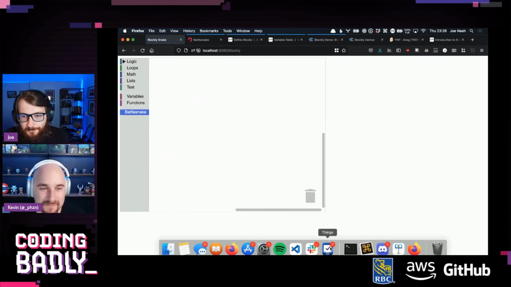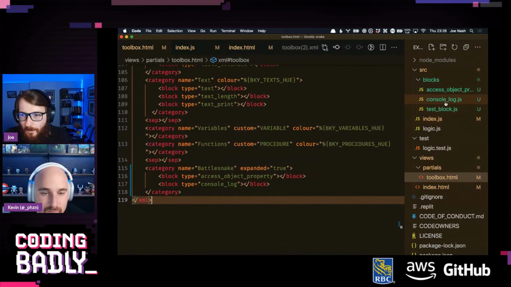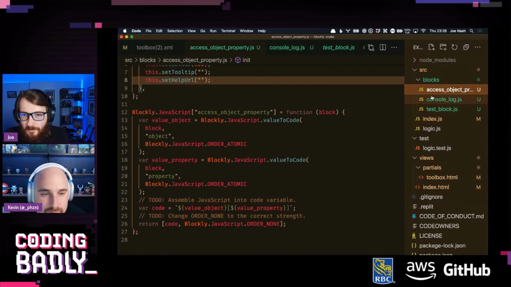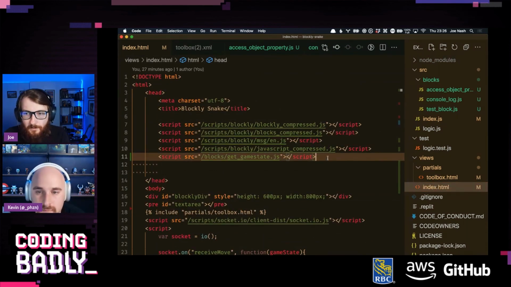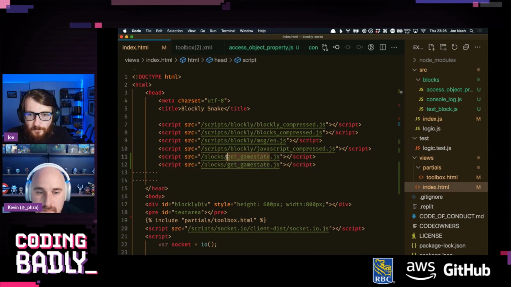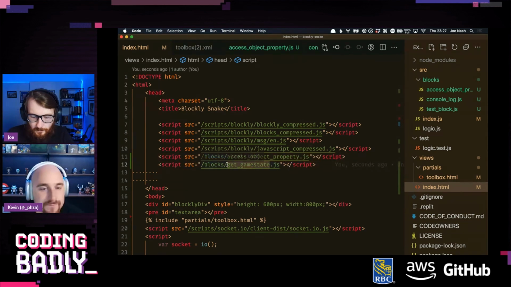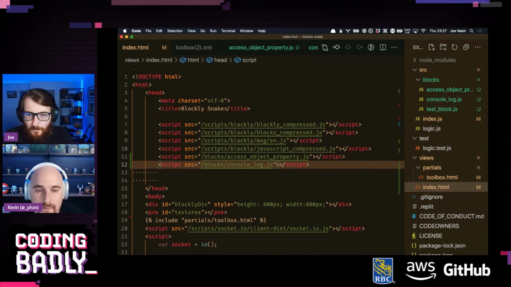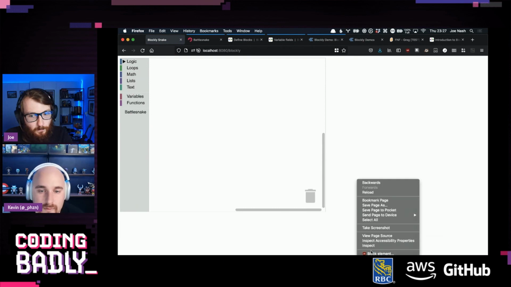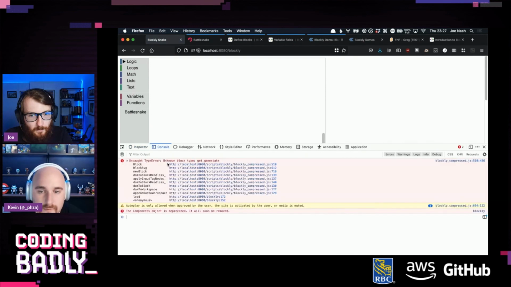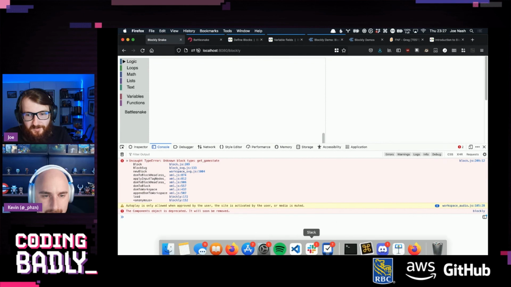Oh no, something went wrong. It's because I haven't included this file, I would imagine. Oh, and I have, yeah, that needs to be renamed. Oh no, we're still referencing get block type somewhere.